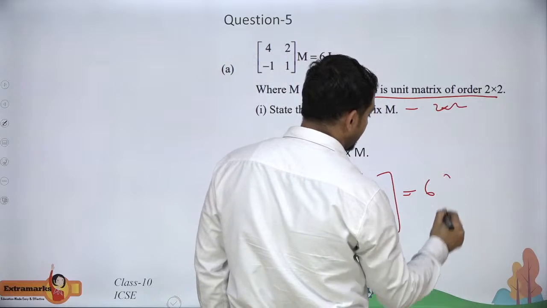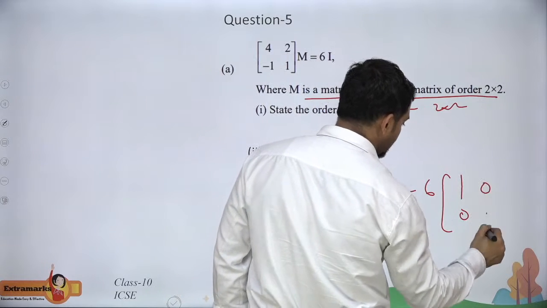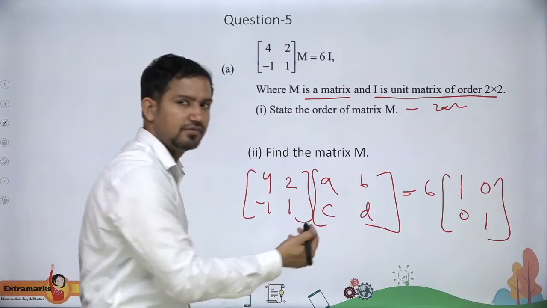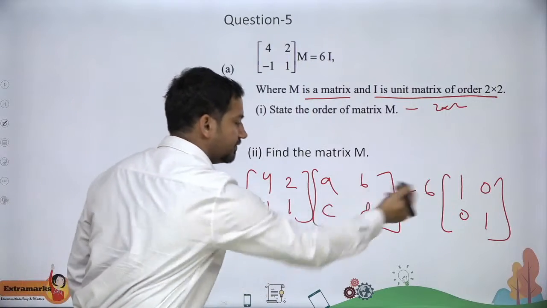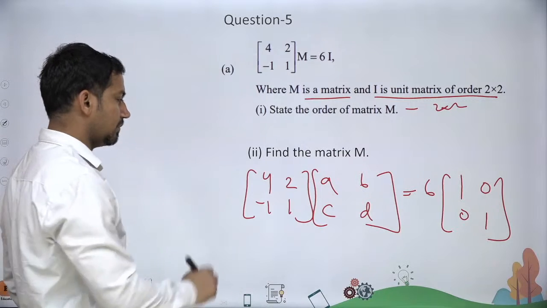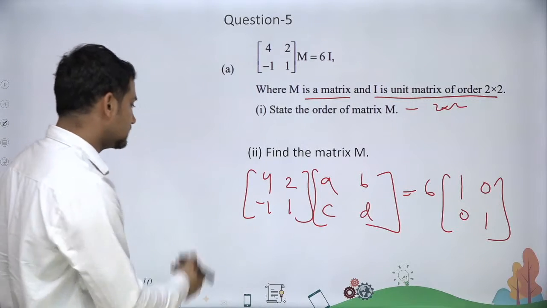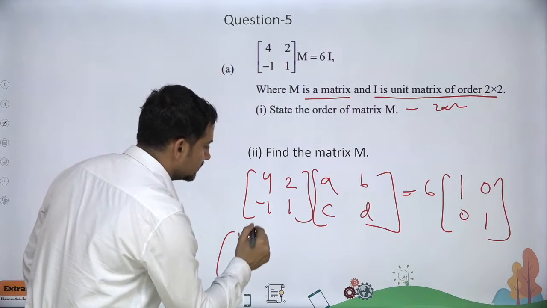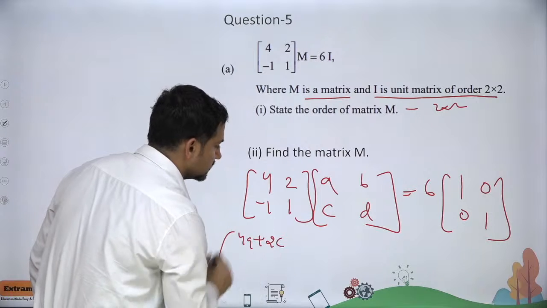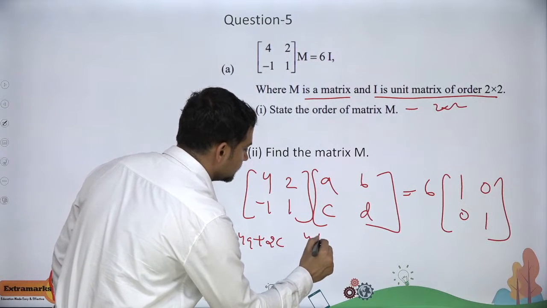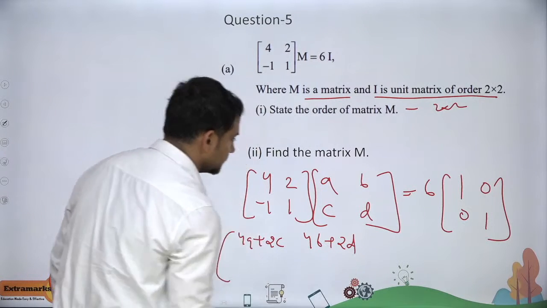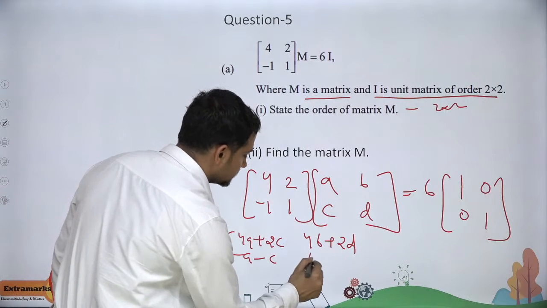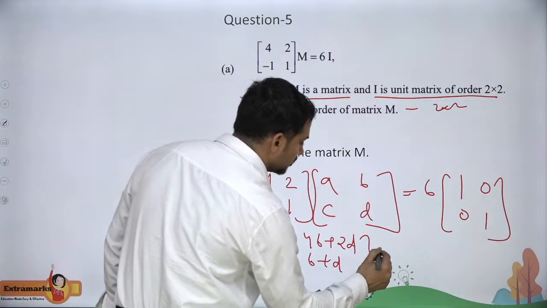And I is 1, 0, 0, 1. Can we solve this? Yes, this is very easy. We just have to multiply and compare with this. Then we get the answer. See, 4a plus 2c, then 4b plus 2d, then minus a minus c, then b plus d is equal to